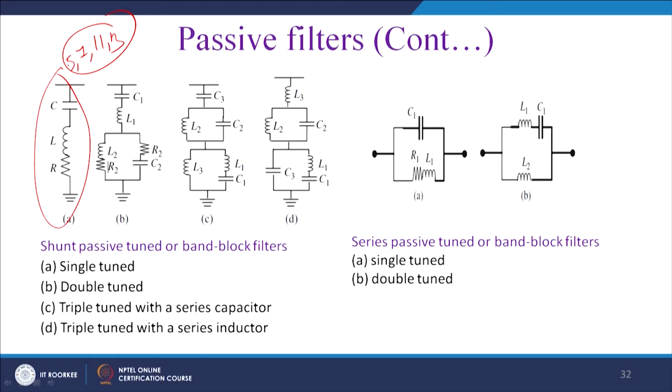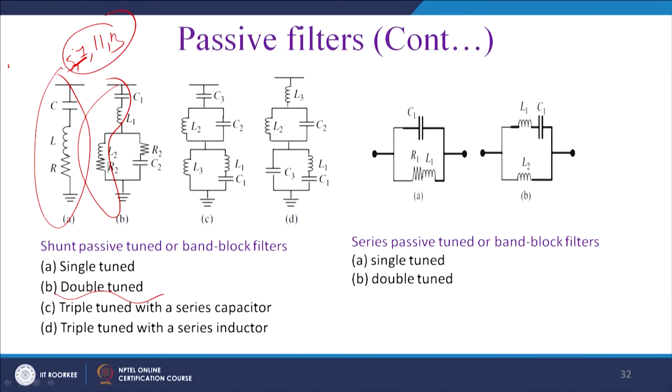And you can see that 5th and 7th are very close. So, you can tune to some extent at 6 and you can mitigate both the 5th and 7th. Now, what about 11 and 13? That may require a double tuned filter. So, this portion of the circuit will essentially give you one tuning, another portion of the circuit will give you another tuning. So, you can mitigate at least 2 actually dominating harmonics.